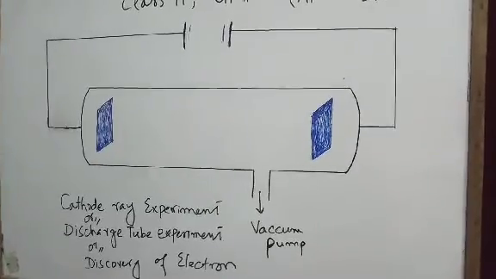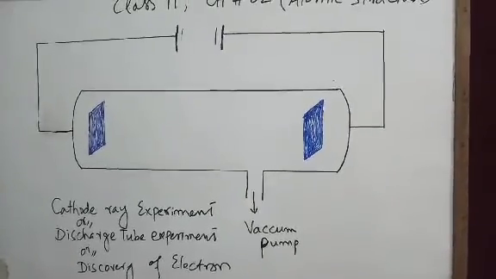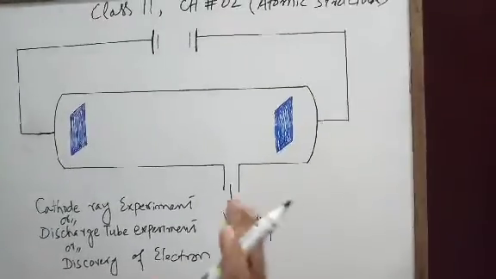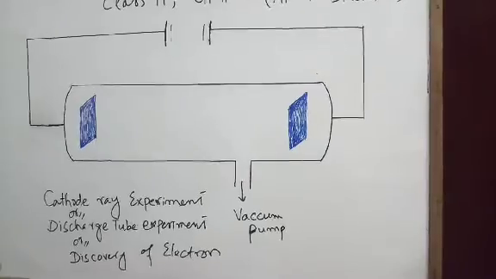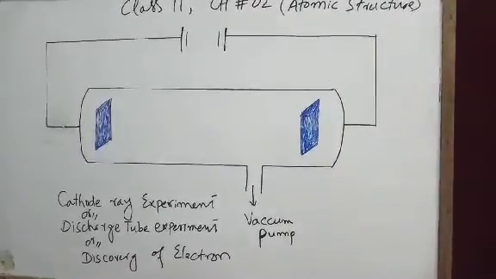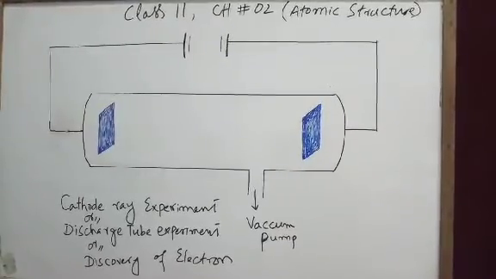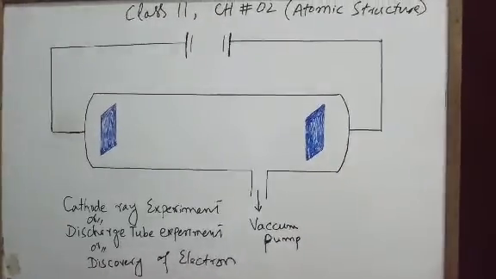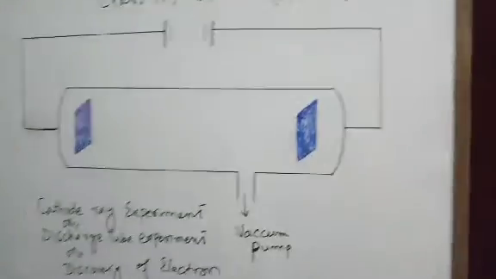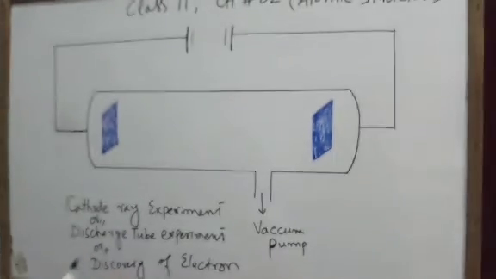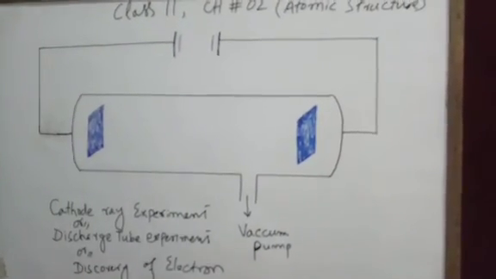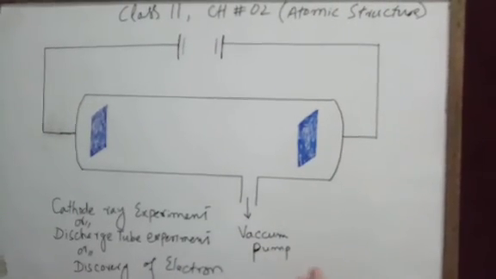So, how was this experiment performed and what was concluded by this experiment? Actually, by this experiment, the scientists discovered the electron. This experiment was started by William Crookes and a few of his colleagues. But later on, it was excellently demonstrated by J.J. Thomson. So it is remembered with J.J. Thomson, although there were some contributions from William Crookes and others.